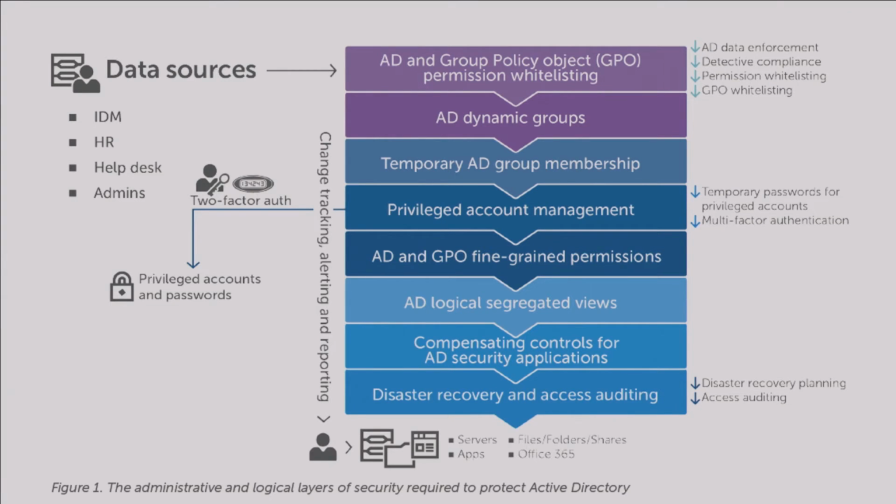So the first thing you want to do, we already talked about this, is two things that are gaps that you want to mitigate. First, I want to establish Active Directory and GPO permission whitelisting. Why? It doesn't matter what I do in Active Directory. If I have a GPO that doesn't correspond to that, and is not protected in turn, and I have a conflict of interest, in other words, domain admin can do whatever he wants, and I have a GPO to prevent it, it's useless. He can do whatever he wants. And as you saw from my previous screen, it won't get audited. And it won't get prevented either, right?